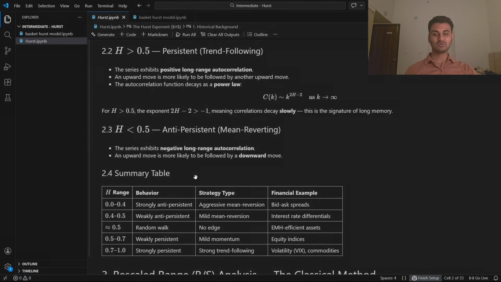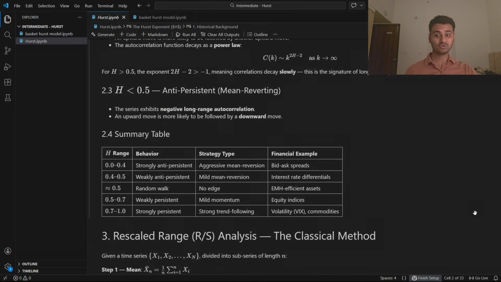Let's talk about the summary table. From 0 to 0.4, it's strongly anti-persistent, like bid-ask spread, and then 0.4 to 0.5, it's interest rate differential, which is weakly anti-persistent. Random walk at 0.5, which validates the efficient market hypothesis, but we don't believe in that. Then 0.5 to 0.7 is mild momentum, like equity indices, and 0.7 to 1 is strongly persistent, strong trend following assets like